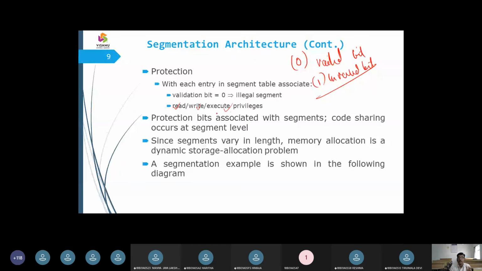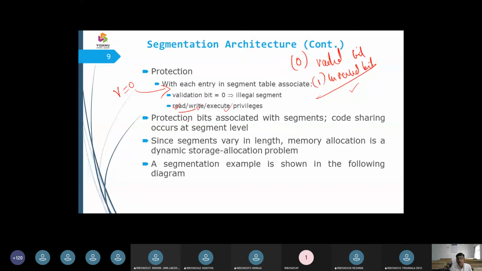Then it is indicated with the value v equals 0. So v equals 0 indicates the valid bit, which means the set of privileges, that is, the read operation and write operation, can be activated. Similarly, if I say it is an invalid bit, the disk blocks are not going to be allocated to the memory. So it is still empty, and we cannot perform any privileged operations such as read or write.